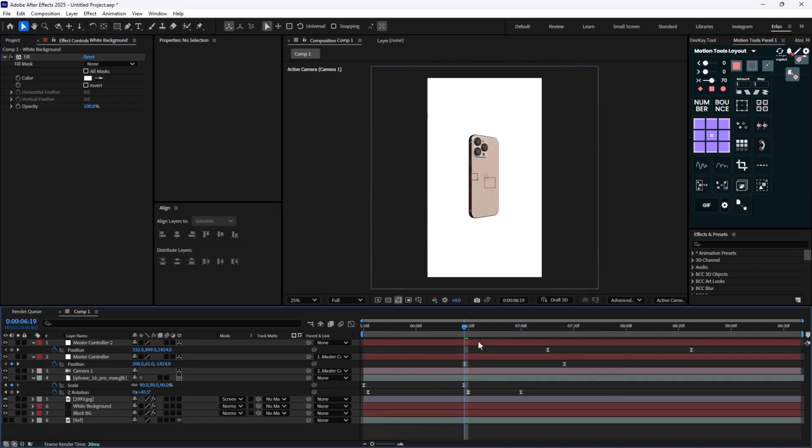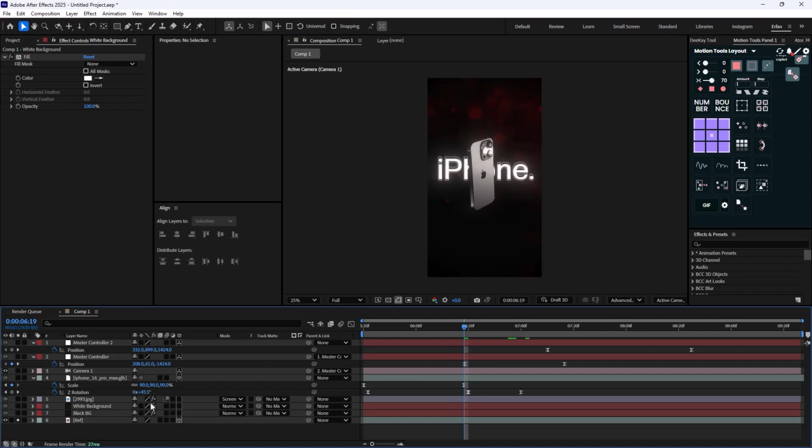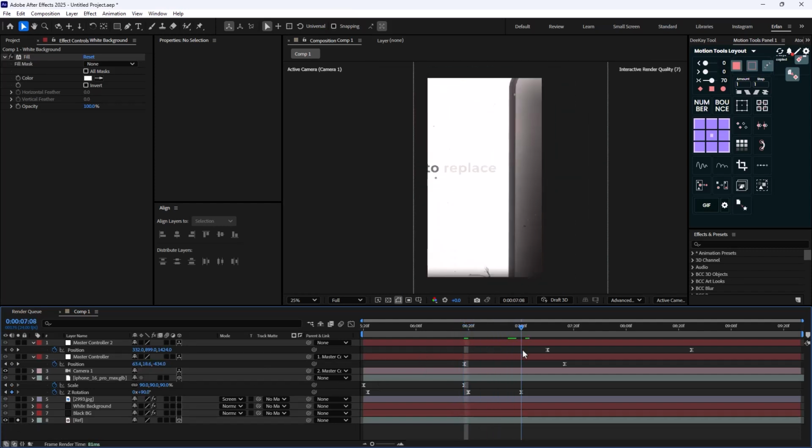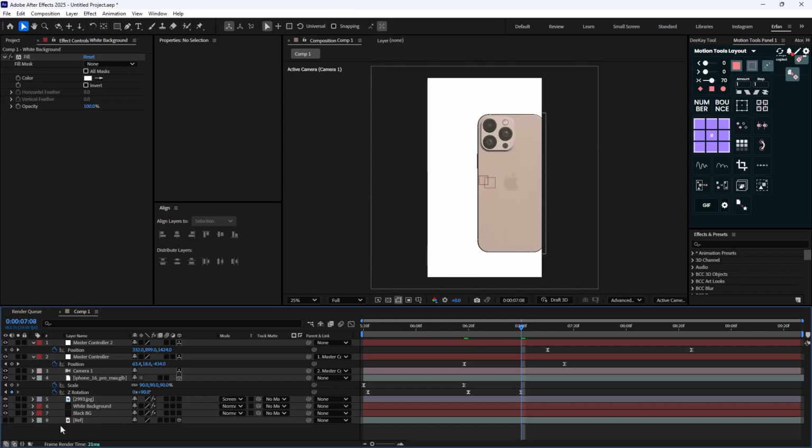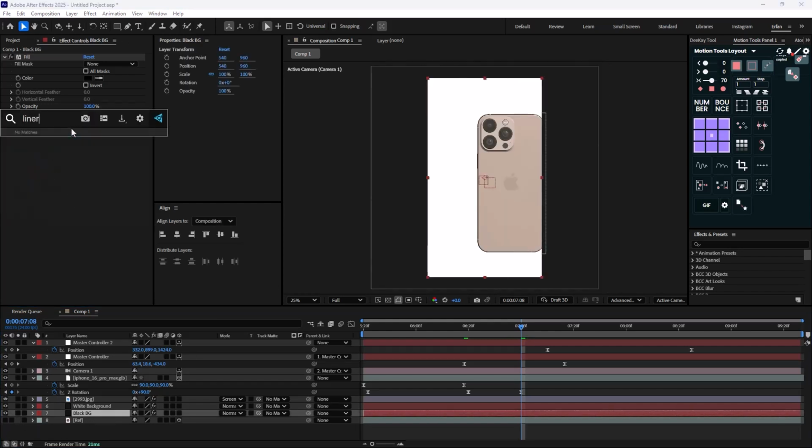Okay, let's just turn it off. And we're just gonna use the wipe transition to sort of reveal this background. So what I'm going to do is just add a linear wipe effect. So this will basically,